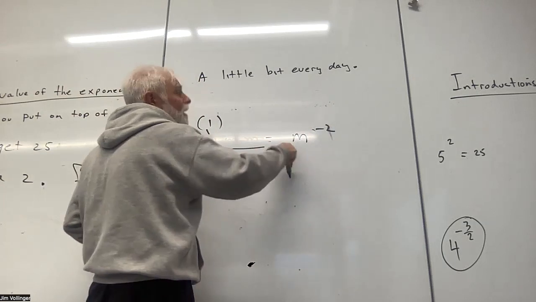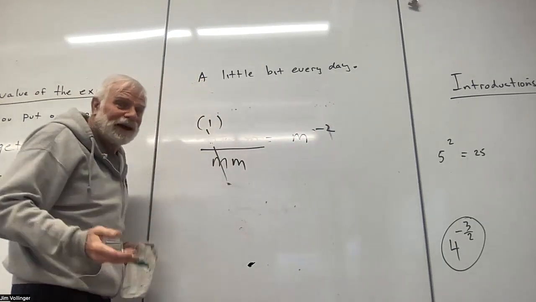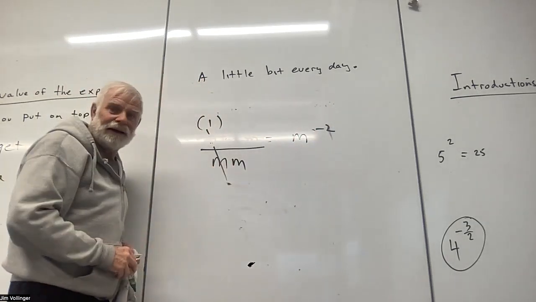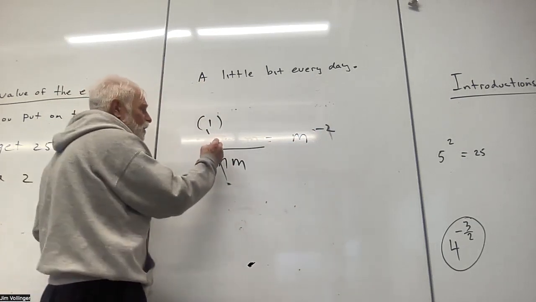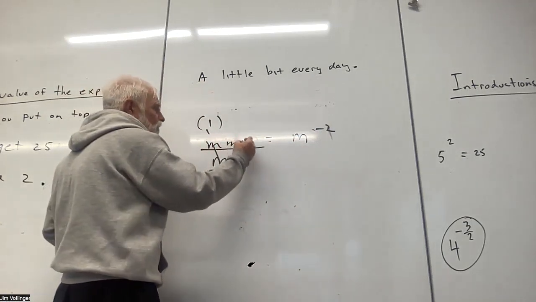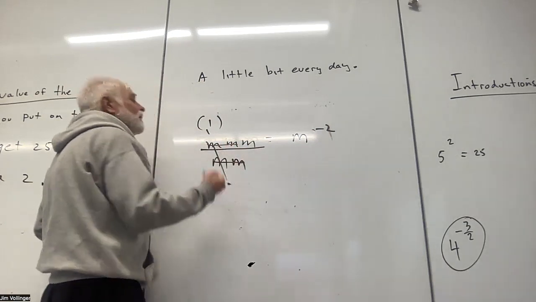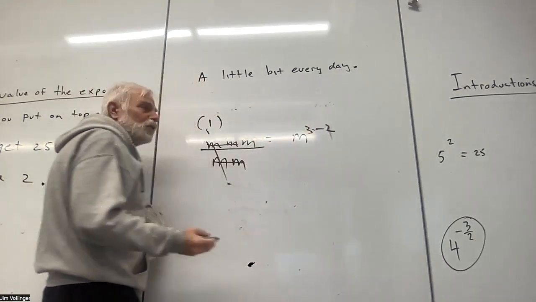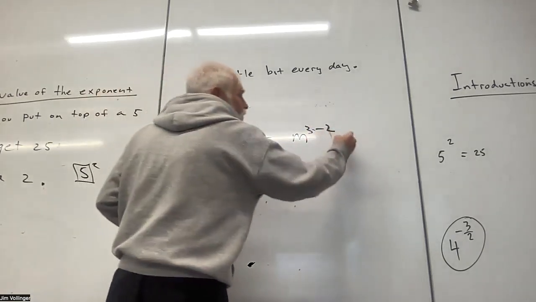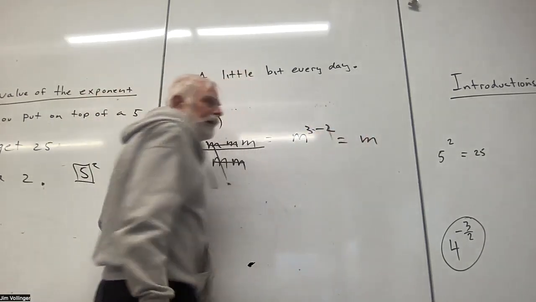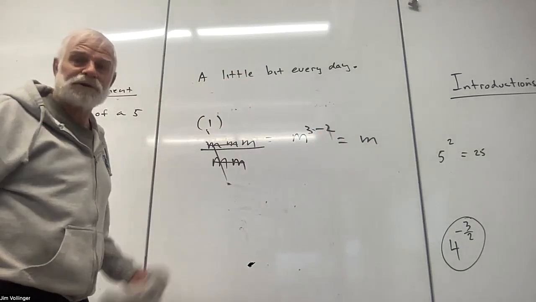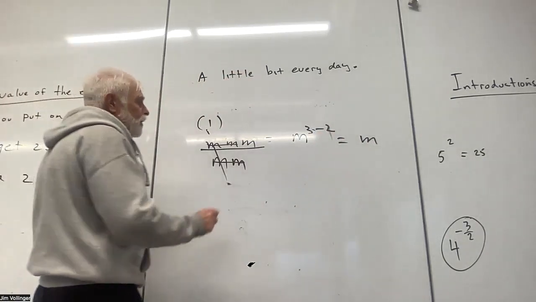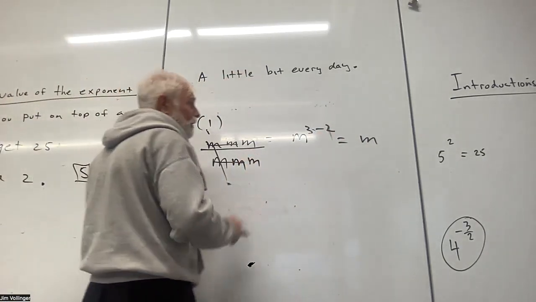Negative exponents really tell you how many times something is a factor in the denominator, but we'll come back to what we started with. So 2 of them divide out to be 1 times m is m. So 3 minus 2 is 1. And we don't have to write the 1, right? We never write something we don't have to, it's understood. And then if we put another one there, well, then it's 3 minus 3,